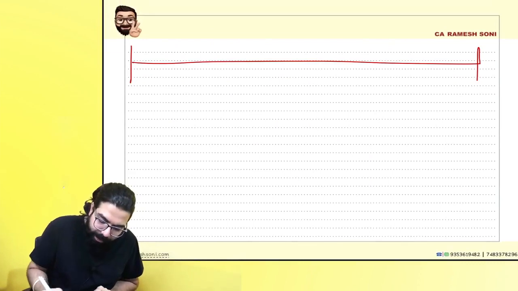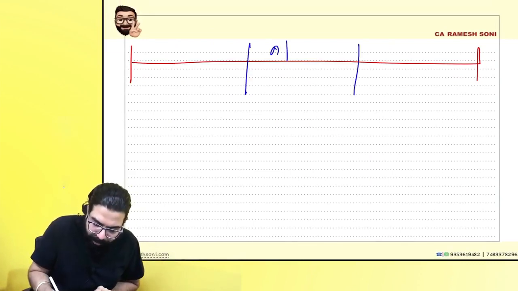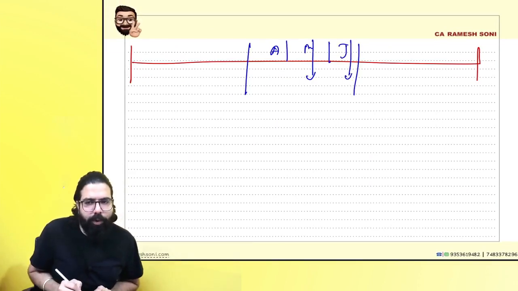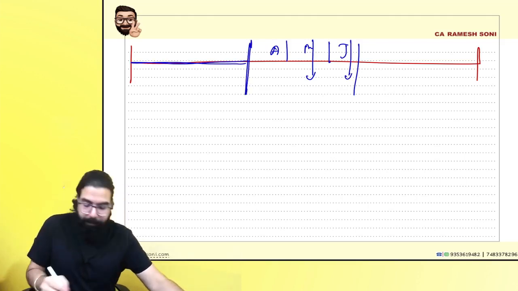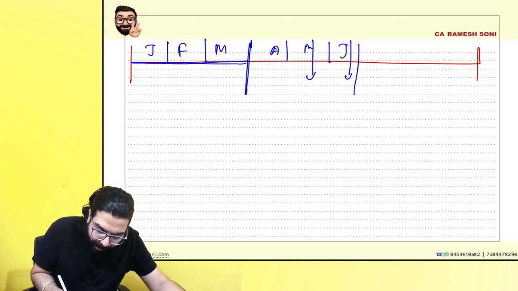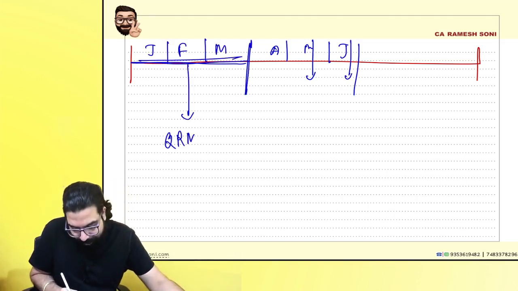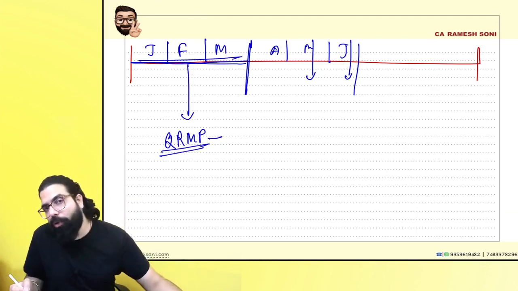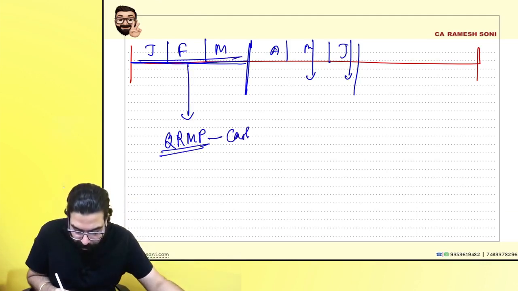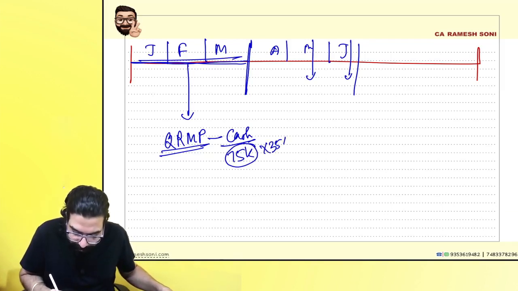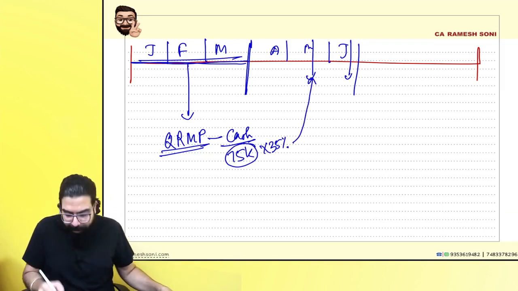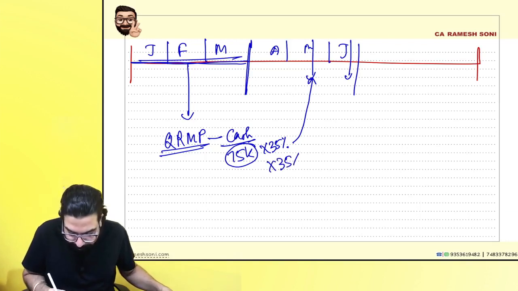If you are going for the QRMP scheme in April, May and June, and you are asking how much payment I should do, do one thing. Sir, if in the previous quarter you were still under the QRMP scheme, meaning Jan, Feb and March, then whatever amount of tax you had paid using your cash ledger, for example 75,000, the government says: of this, you pay 35% for the month of April,